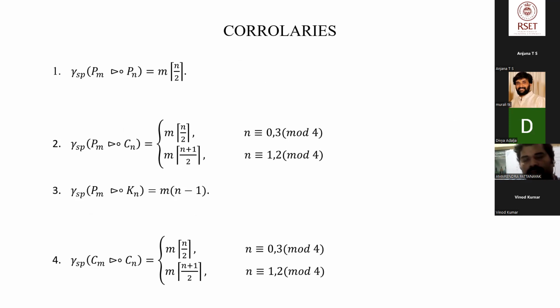And if we take the component of a path graph PM and the cycle graph CN, we have the result that it will be m into the ceiling function of n by 2 if n is congruent to 0, 3 mod 4, and otherwise it is m into the ceiling function of n plus 1 by 2. And if we take the component of a path PM and a complete graph Kn, the result is m into n minus 1. And if we consider the component of cycle graphs CM and Cn, we will get that it is m into